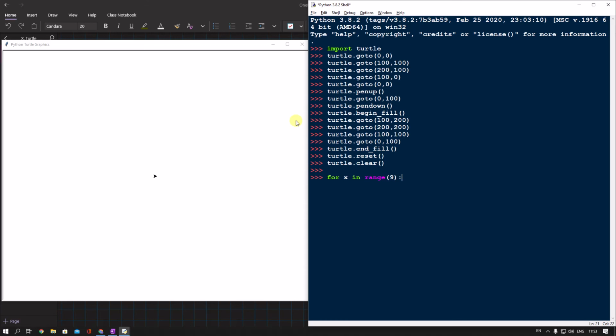So what I want to do is, first of all, I want to move to the start of the line. Initially this one's going to be here, but I'm going to say turtle, because I want to move. I'm going to do pen up, so it's not going to draw a line. In a minute I'll take this and we'll put it into a program. So turtle, do a pen up. Then turtle go to,